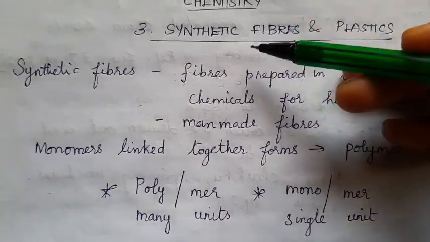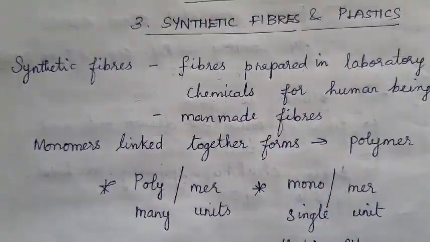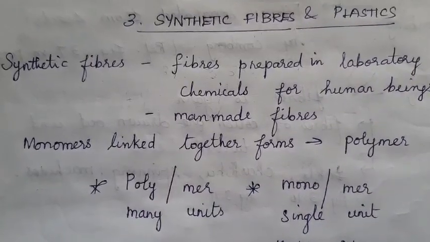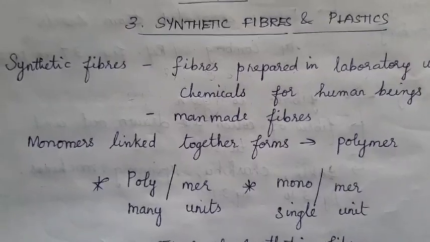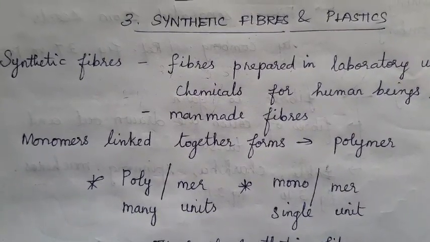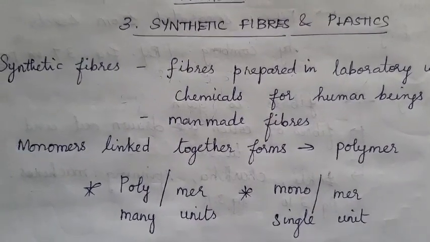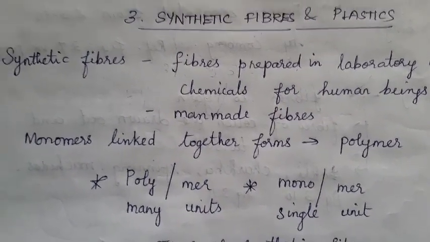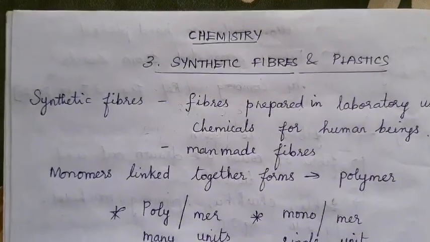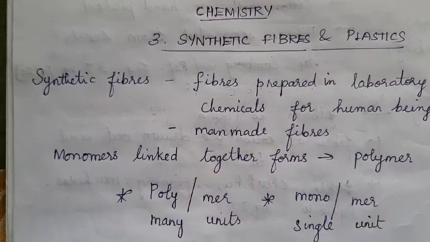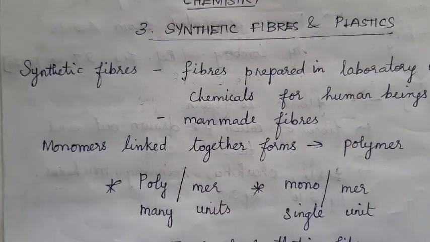So there comes the next step of this topic, that is your synthetic fibers. Okay, children. So this is a very interesting chapter. I really liked it, because it is involving a lot of information to know about our dressing, right? So last week we saw about the synthetic fibers. There are four fibers: rayon, nylon, polyester and acrylic. We discussed each and everything in detail.